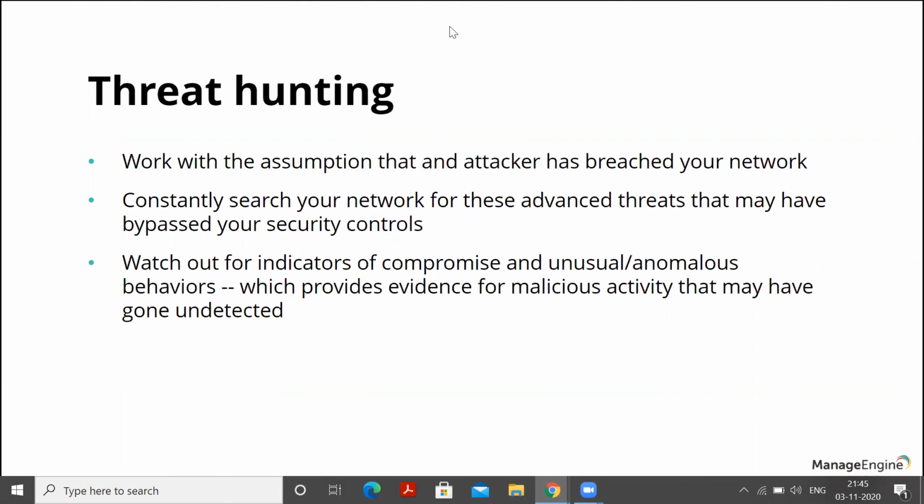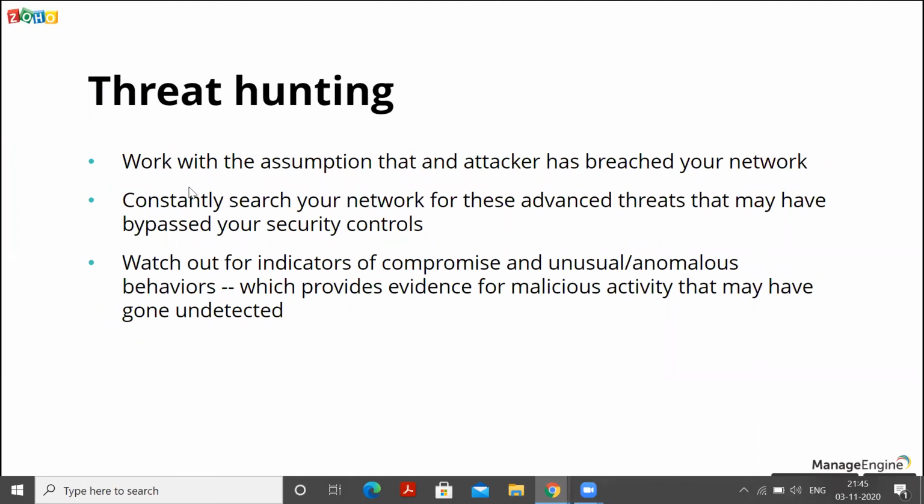So gone are the days where you could just sit back in your security operations center and wait for your detection tools to flag some possible ongoing attack. Gone are those days, but now you have to be more proactive and constantly search your network for these advanced